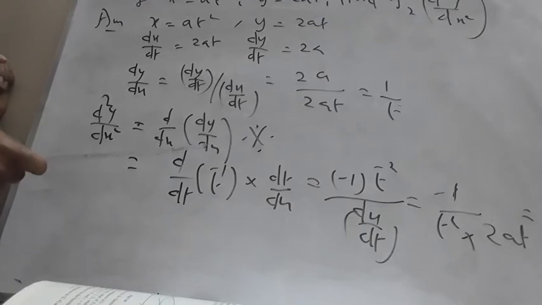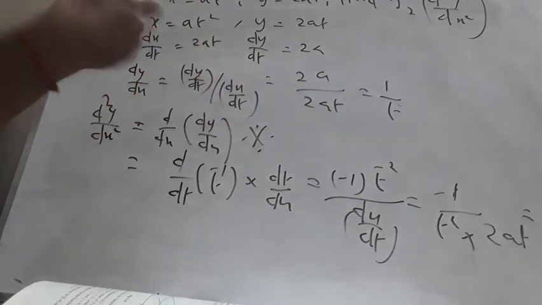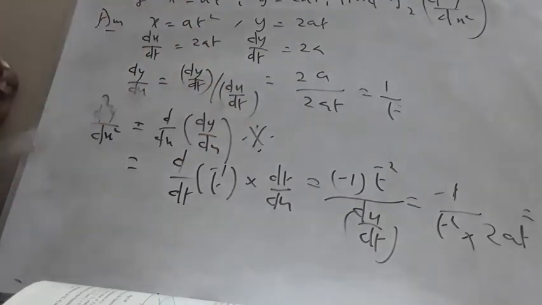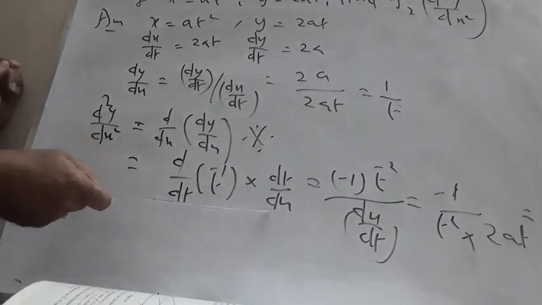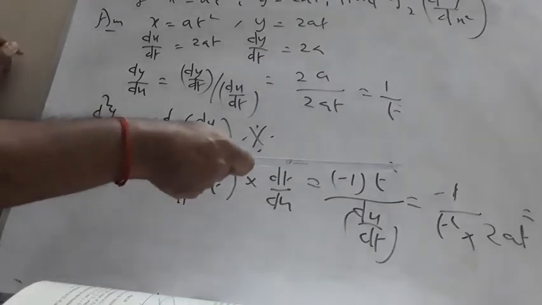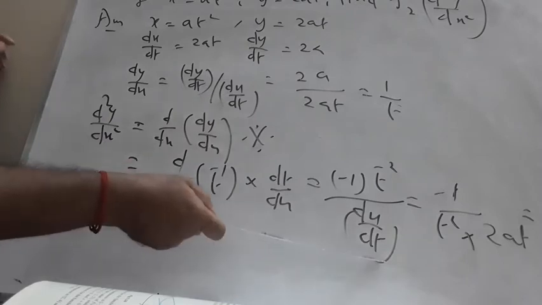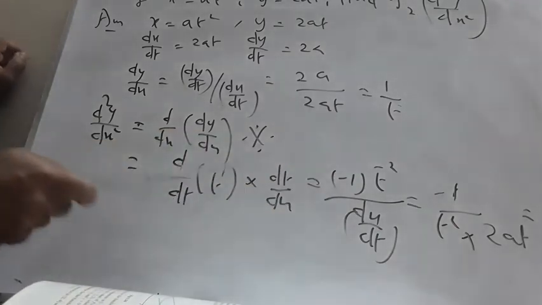This is very important. Listen carefully. Some students normally write this as simply d square y by dt square divided by d square x by dt square. That is also wrong. Or they will simply differentiate this with respect to x. I don't know how it is possible. But this is in terms of t. Therefore, I will differentiate this with respect to t into dt by dx. This is similar to your chain rule of differentiation. Therefore, the differentiation here is minus 1 t power minus 2 divided by, this is brought down, dx by dt. dx by dt is 2at. Therefore, minus 1 by 2at cube will be the final answer.